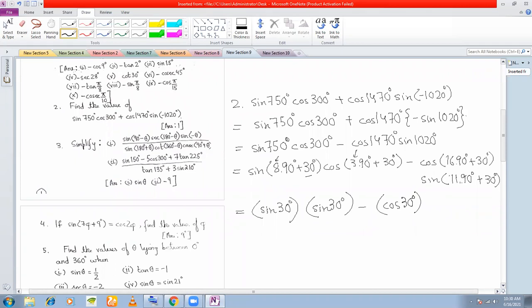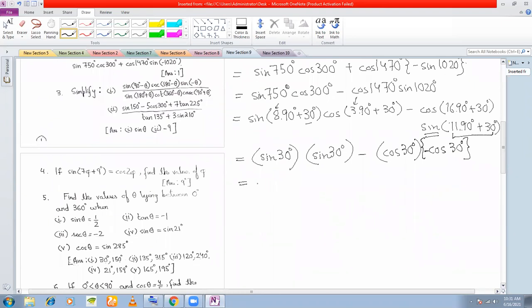Okay. Next, sine 11 into 90. 11 is odd. The sine will change to cos. And question is which quadrant? 11 means after 8 rotations, you are in the 9th rotation, you are in the first quadrant. 10th rotation, you are in the second quadrant. 11th rotation, you are in the third quadrant. And third quadrant plus something, now you have reached the fourth quadrant. So this angle is in the fourth quadrant. And in the fourth quadrant, cos is positive, sine is negative, isn't it? So you give a negative sign. So this is cos 30 degree. Clear with this?